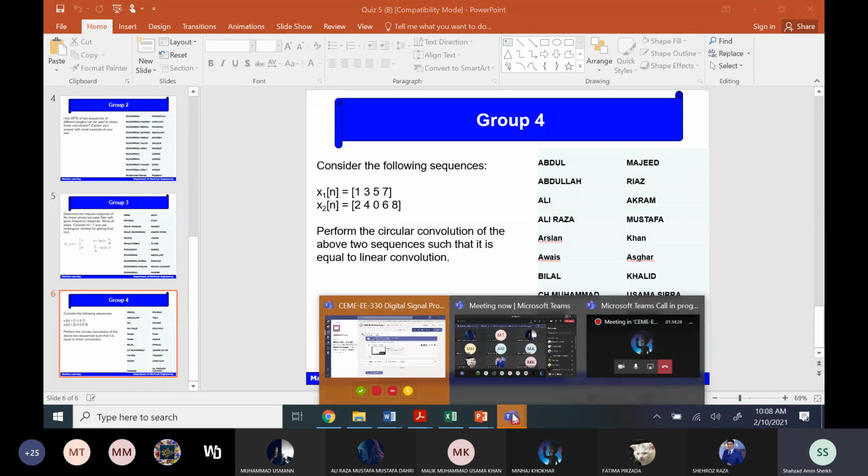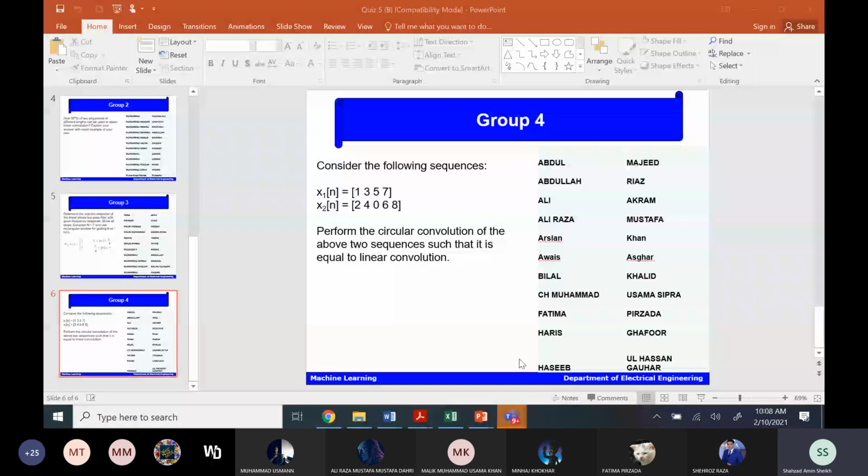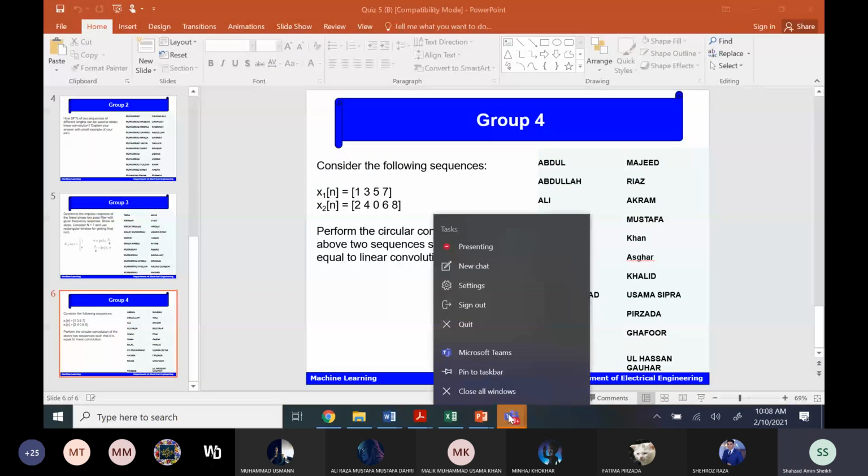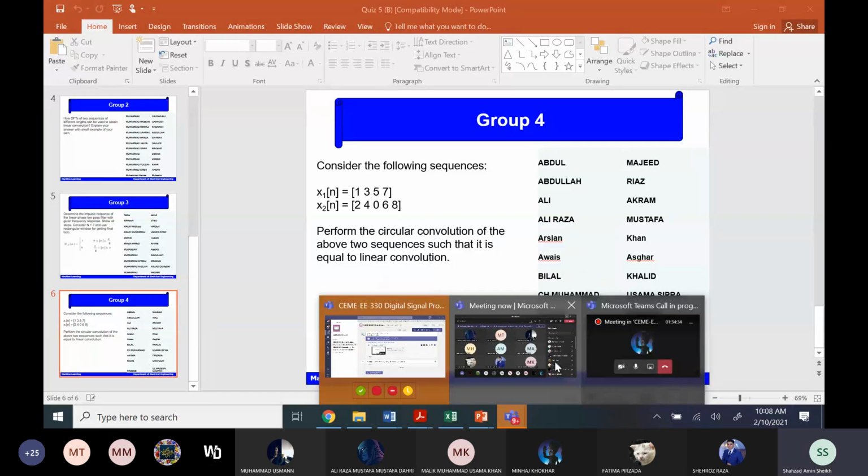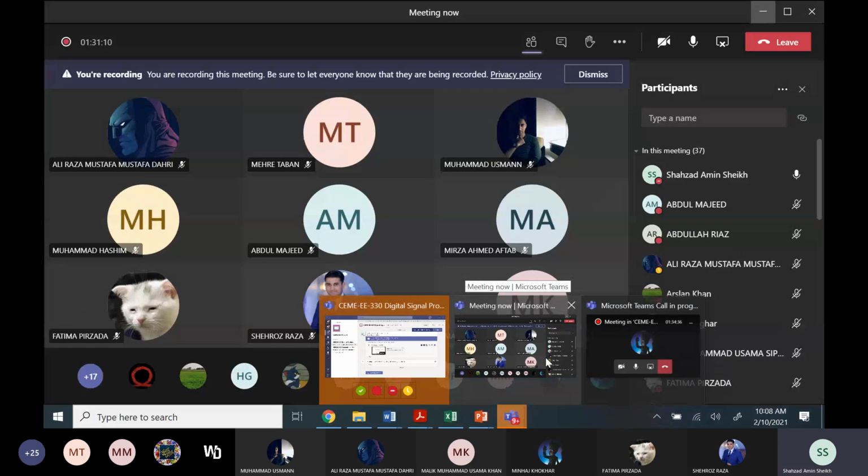Usama? जी सर। Usama recording बेटा ऑफ कर दें. क्योंकि वो फाइल फिर बड़ी हो जाएगी, अपलोड नहीं हो सकेगी। ओके सर।